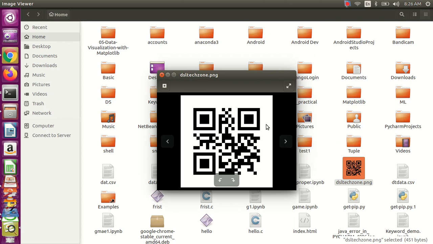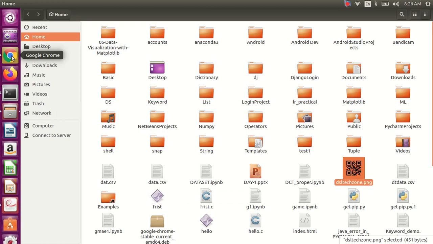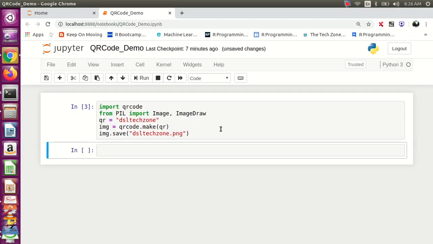By default, the background color is white, and the data is stored in the form of black dots. Here you can scan this QR code and see the information which is stored in this QR code. We have done QR code generation from our side by using only 5 lines of code.